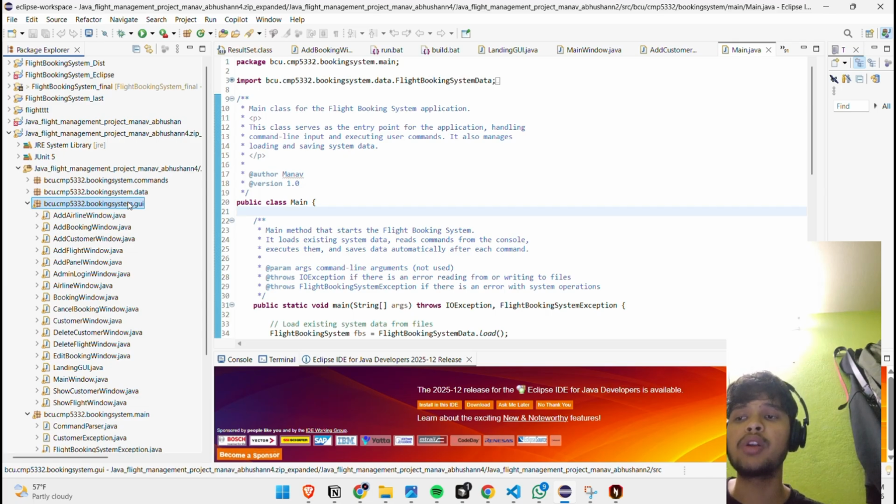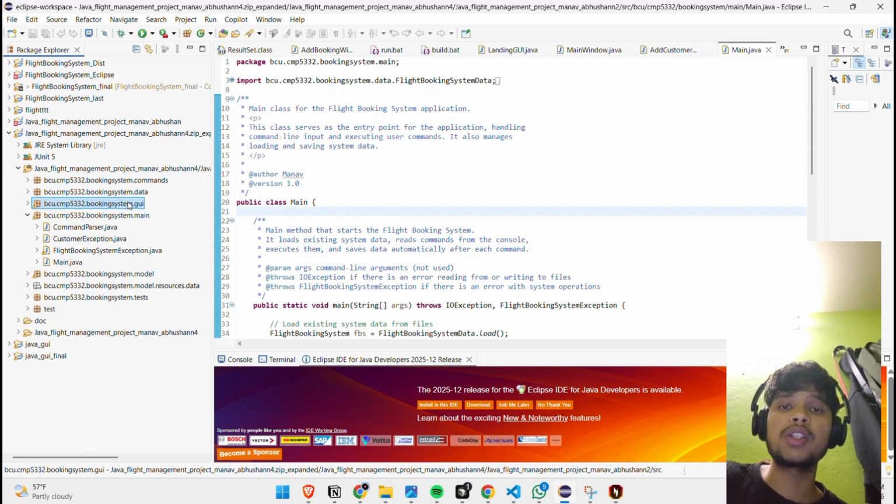Next, our topic is the model package. The model package is the core of the system. It represents real-world entities in the flight booking domain. The main classes in the model package are,